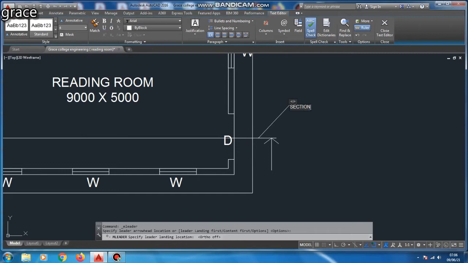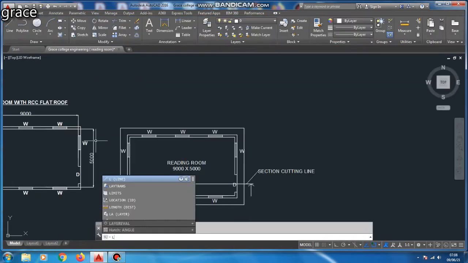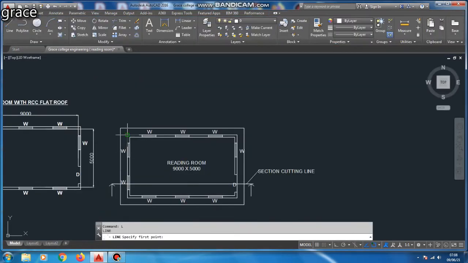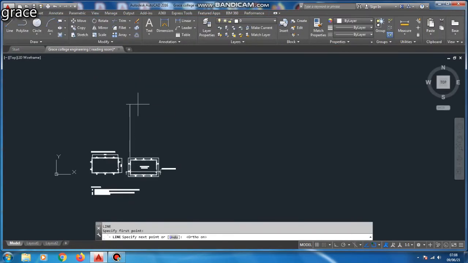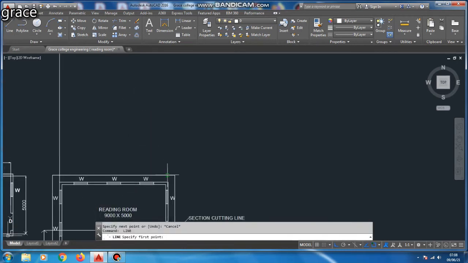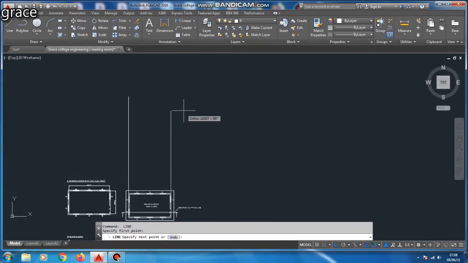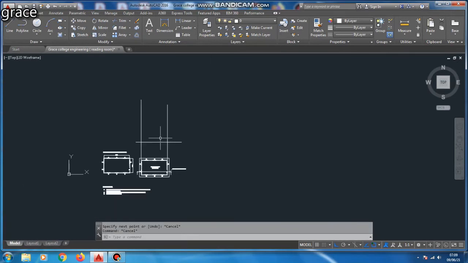I am going to name this line as section cutting line. I am going to extend the lines of the walls to draw an elevation of our given diagram.